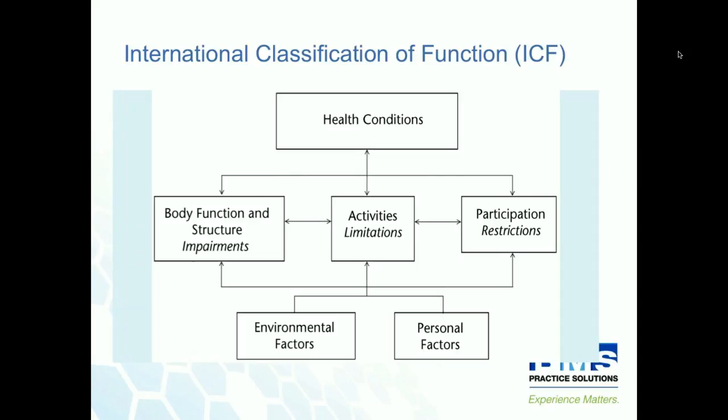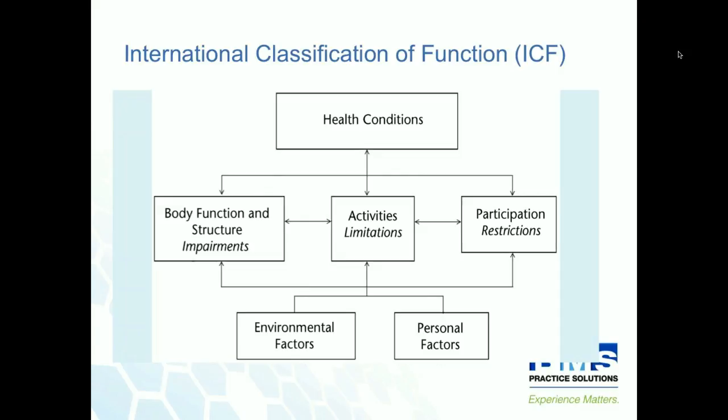So the most critical elements that affect the entire episode of the patient are the health conditions of the patient, and in this sense, condition means the primary conditions that you are treating the patient for. Then any personal factors, that's on the bottom right, which would include any comorbidities, the medications they take, and other things about the patient that may affect the course of care. And then environmental factors, which the patient will need to overcome in order to have a successful outcome.